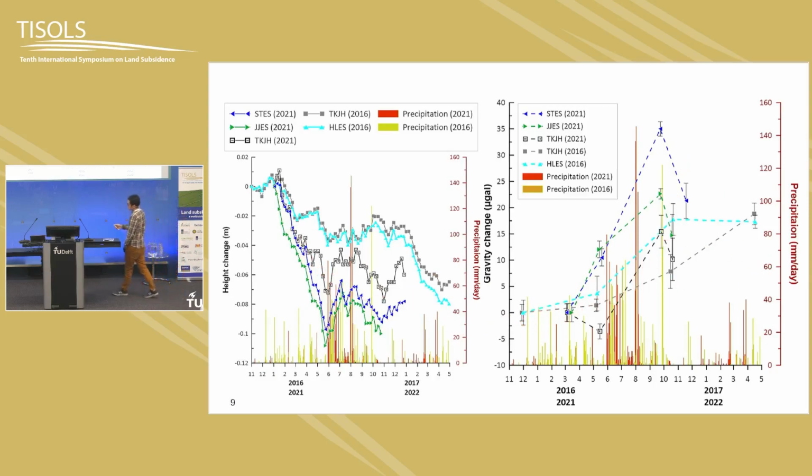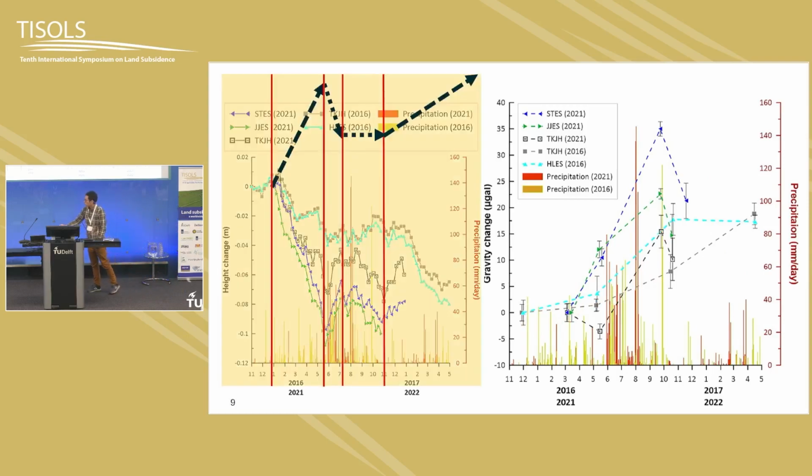Okay. So again, this one is the deformation here, and this is the gravity change we detect here. Suppose you are in only the confined aquifer, where you establish a gravity change. You're supposed to have a gravity change like this. Because of the subsidence, your gravity change is moving up. And because of the rebound, it looks like this. And when the subsidence keeps going, your gravity change might increase like this.